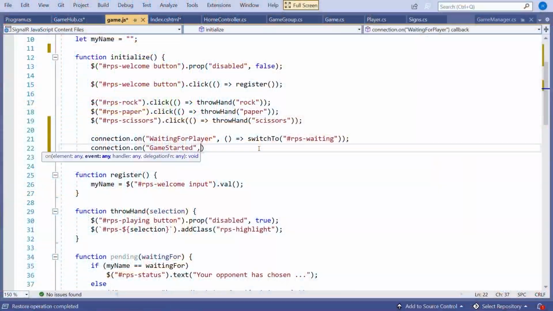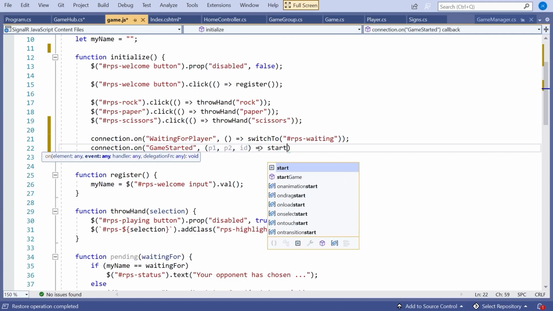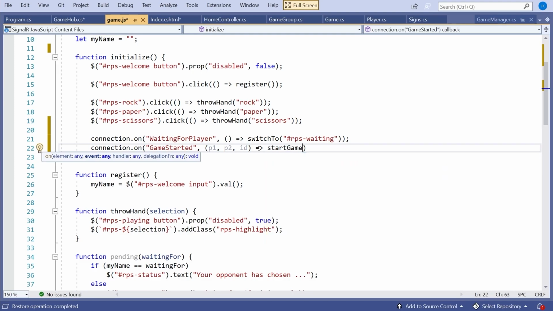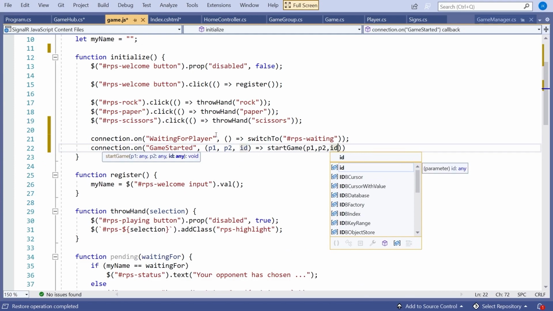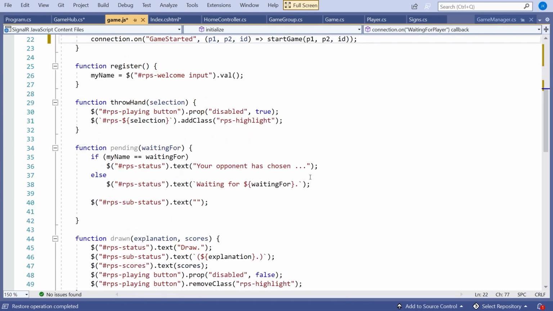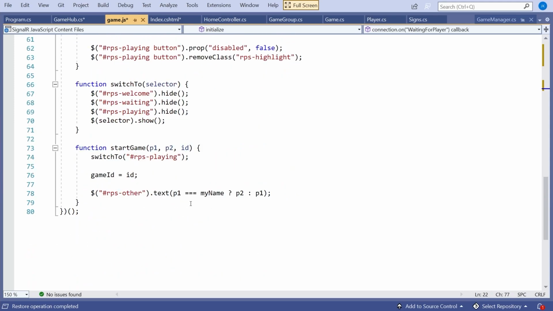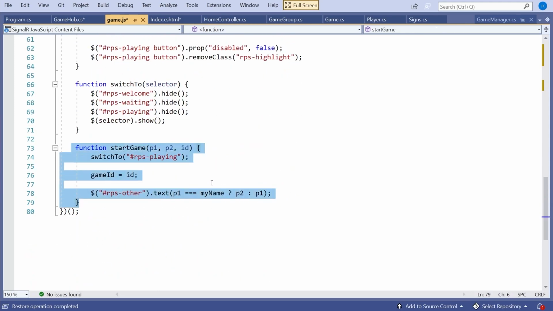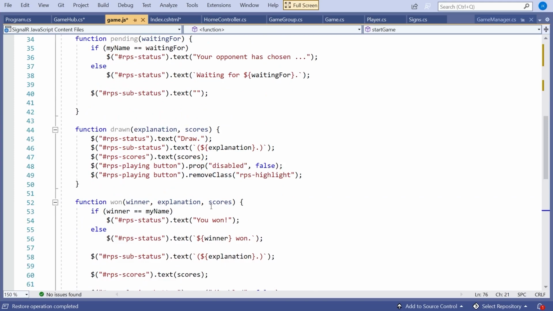That would have hit a bug if we got that far, but I managed to spot that earlier. So those are going to be the parameters to the arrow function: p1, p2, and id for the group name. We're just going to forward those to the function we've already written called startGame. We can see we've already got that startGame down here that just sets everything up, tells you who your opponent is, that sort of thing.